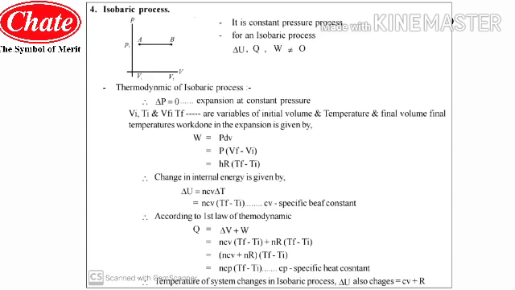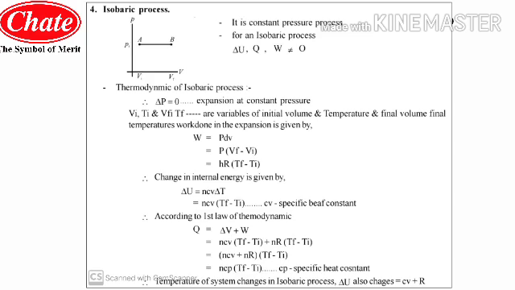So in the PV diagram they have given, when the state is changing from A to B, the pressure of the system remains constant while the volume is changing from V1 to V2, or Vi to Vf. So this is the simple thing that we have to take into consideration while we are going to learn about the isobaric process. Now as the pressure is constant and the volume is changing, this is nothing but the isobaric process. Now we will see the thermodynamics of the isobaric process.